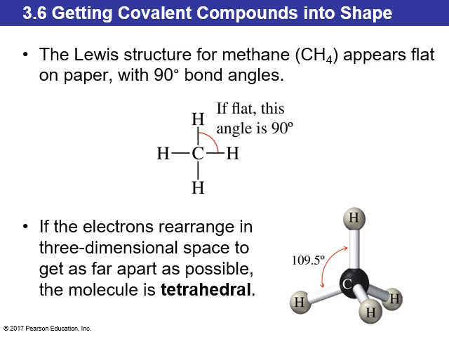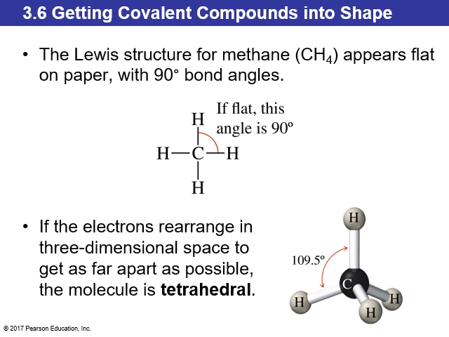So chemists came up with these kind of genius little ways to draw 3-dimensional things in 2 dimensions. This is an example of methane. Methane has a shape that we call tetrahedral. It's like a little four-sided dice, if you're nerdy enough to play Dungeons and Dragons like I was. It's like a 3-sided pyramid. And this tetrahedral shape has a bond angle of